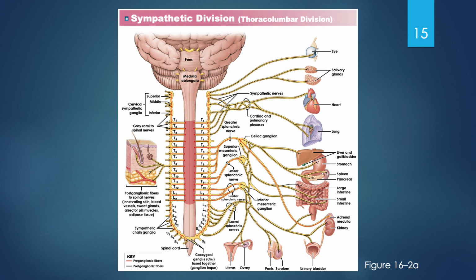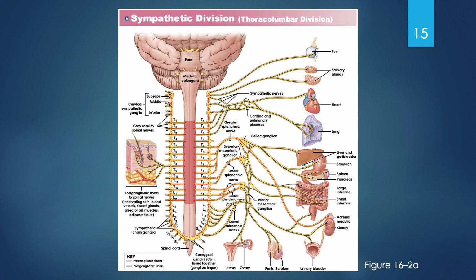So you can see here what we have are a whole number of different nerves kicking off of our spinal cord. So these are branching off from the levels of T1 through L2, and it looks almost like a ladder. And this is a perfect analogy for the sympathetic division. So as you can see, we have all of our preganglionic fibers illustrated in red, and they are going to synapse at ganglia. So then from that point on, once they've synapsed at the ganglia, there will be postganglionic fibers that are long, and they stretch all the way out to all these different organs